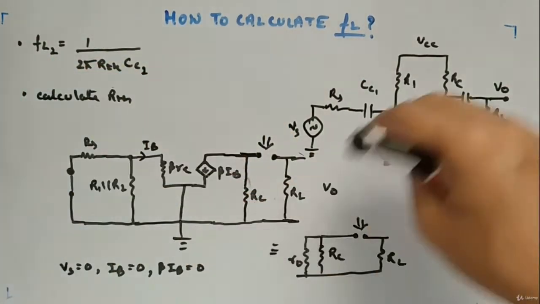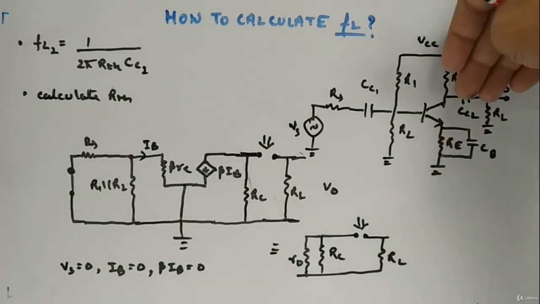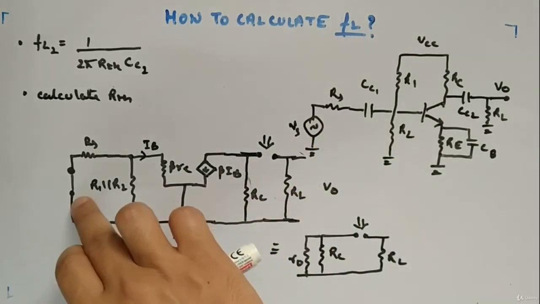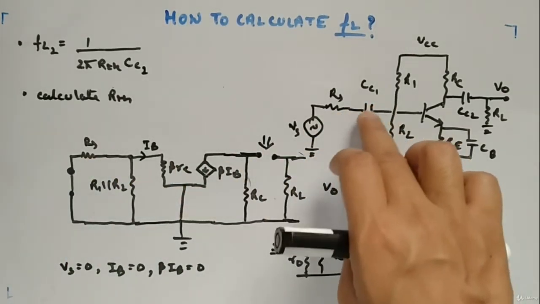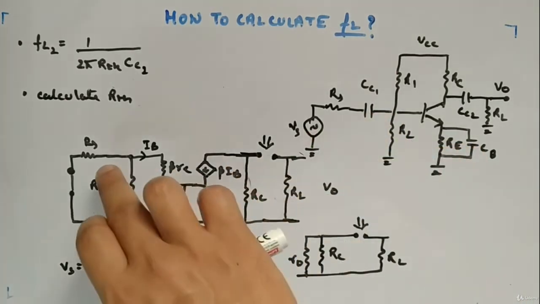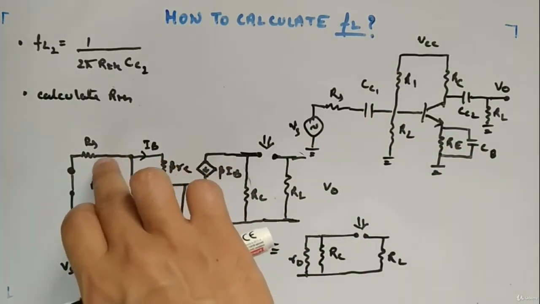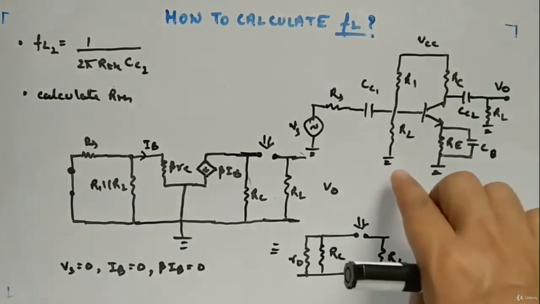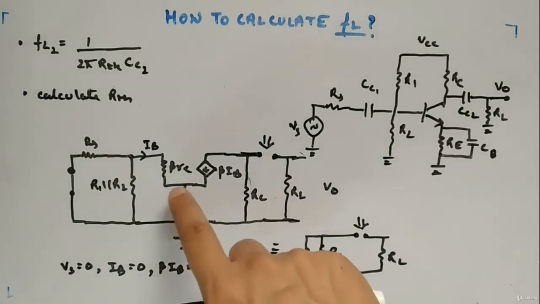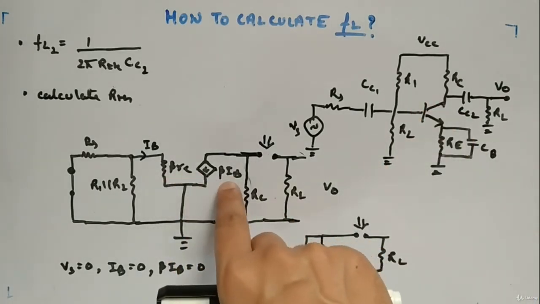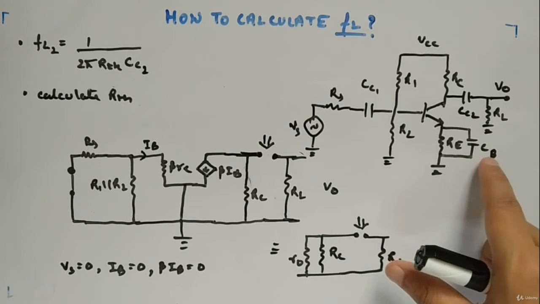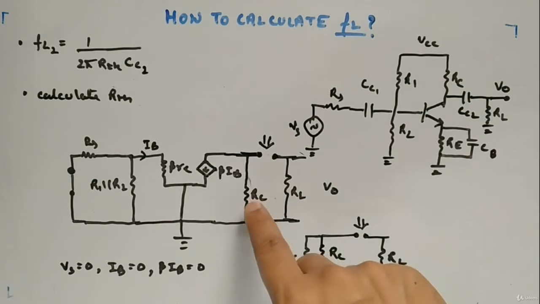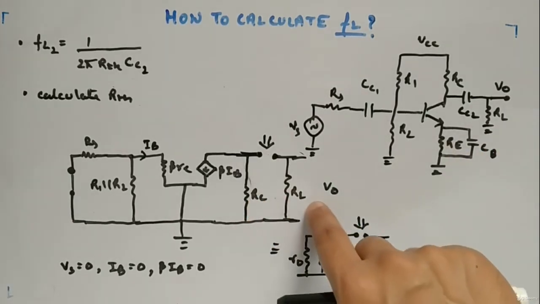Now we have to look at the Thevenin resistance looking from here, CC2. So this is the equivalent circuit. Vs is shorted, Rs is as it is, this capacitor is short. Then R1 parallel R2, this will be ground, so this point and ground will be parallel. Then comes the transistor, beta IB, then this guy is shorted, and CC2 is here, RC is before the capacitor and RL is after the capacitor.